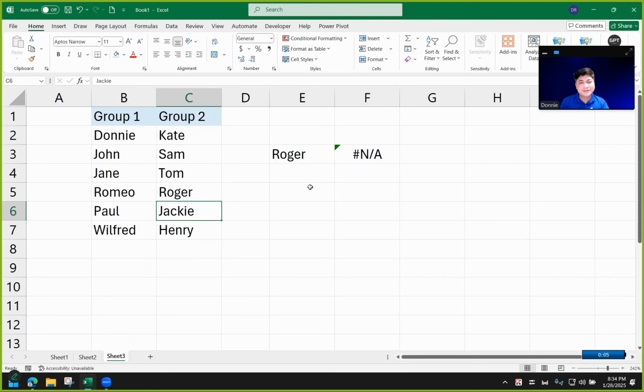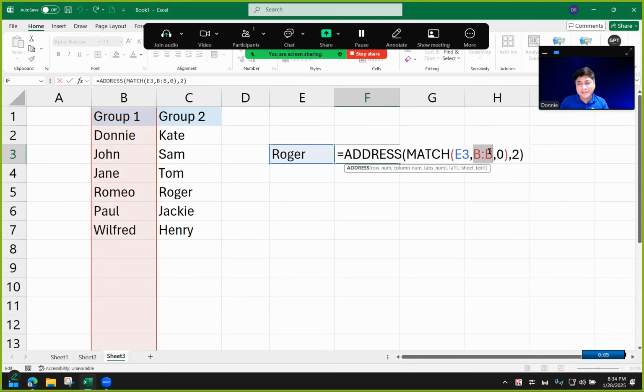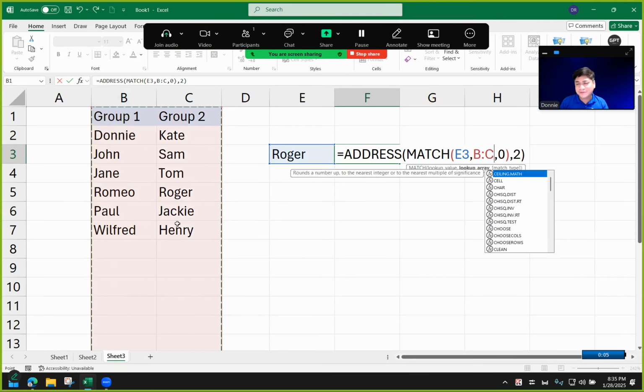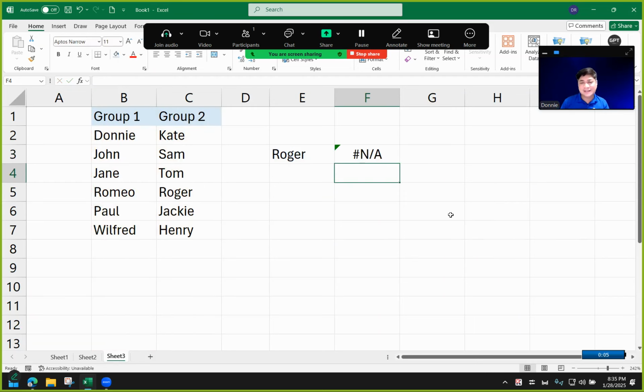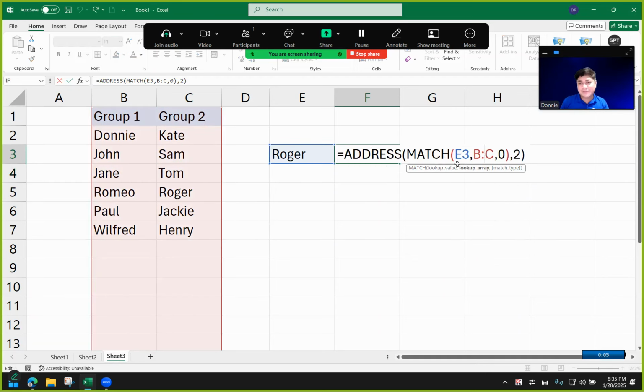Let's move this around. And I'm going to try to tell match to locate under two columns. And the problem is that it will not be able to do that because match can only look up an array, which is in this case just one single column. So this is the problem with this. You cannot really give this in a dynamic way. You have to know which column to search.